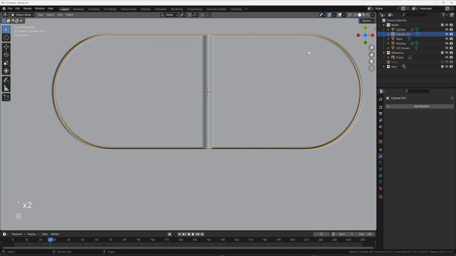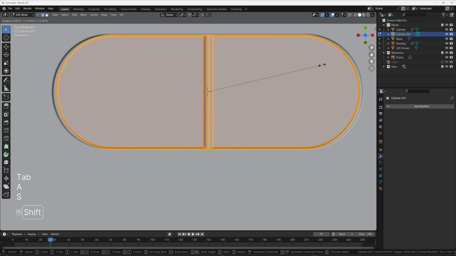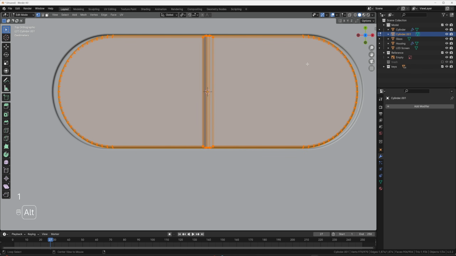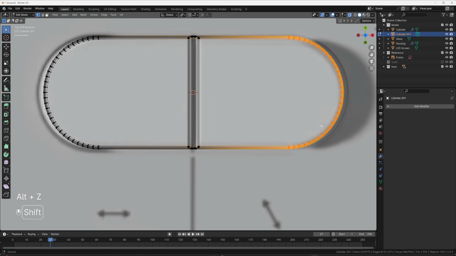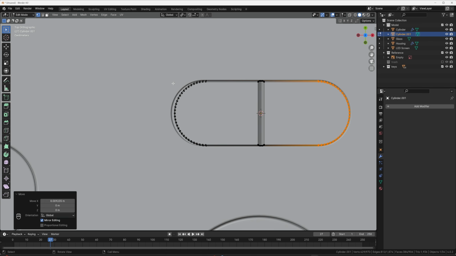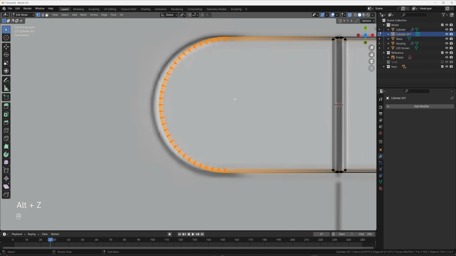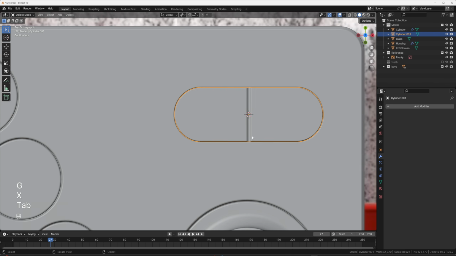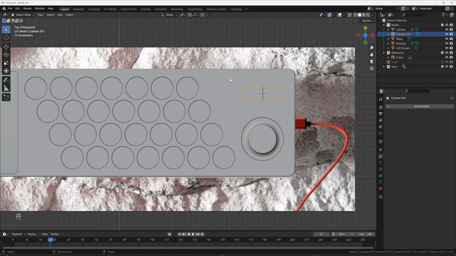It looks like it's slightly a little bit too large than I want, so I'm going to scale it down. And then it also looks like these pieces could be brought over. So I'm going to go 1, Alt-Z, grab these only, out of X-ray mode, GX, bring them right to where we want it. And then the same thing, Alt-Z, grab these, GX, right where we want it. Okay, that is most of the modeling.